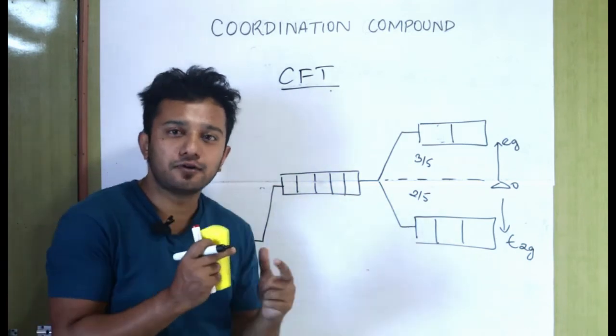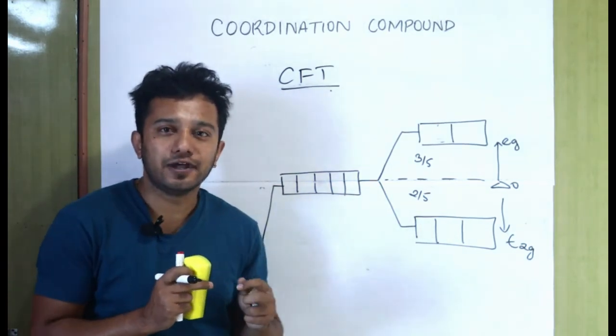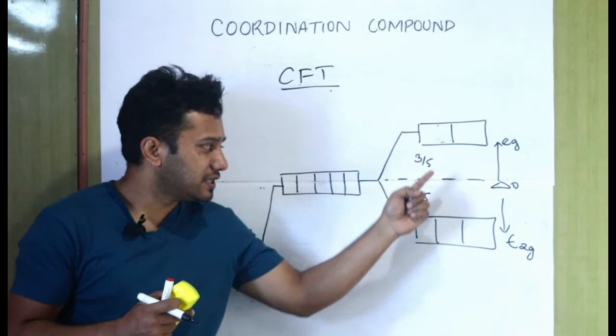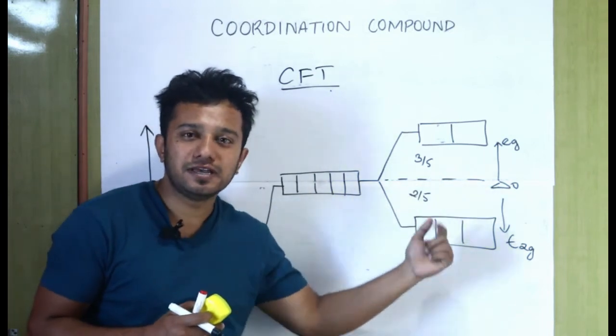So when the ligands are very close to the metal ion, the d orbitals split themselves into t2g and